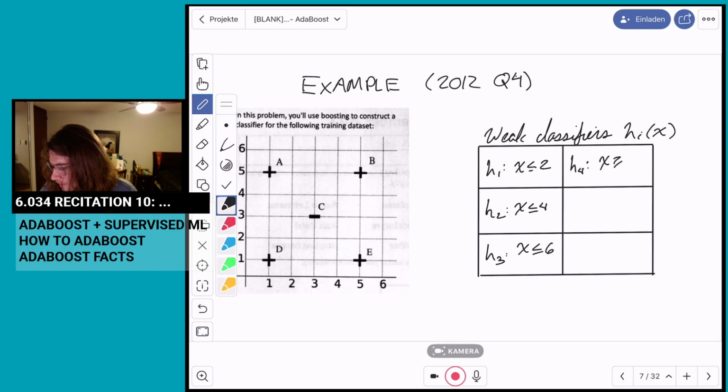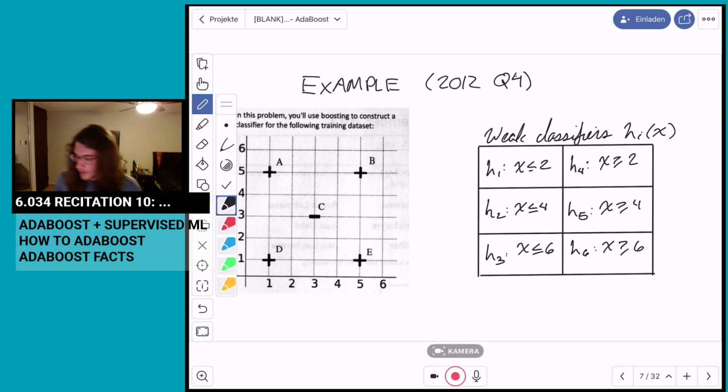So I'm going to say this is greater than or equal to 2 instead of strictly greater than 2. You can choose whether you have x less than 2 strictly and then x greater than or equal to 2, or vice versa. It doesn't change the result of this example. Typically, we won't be targeting very, very niche edge cases where this definition would matter very much. X greater than or equal to 4, and then H6, x greater than or equal to 6, as you may